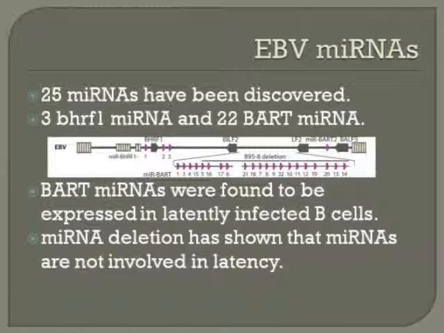MicroRNA BHRF1-1, 2, and 3, and then 22 microRNAs are encoded in the BART region of the genome, and that has been shown in the figure also. And microRNAs that are produced in the BART region were usually found to be expressed in latently infected B cells, but